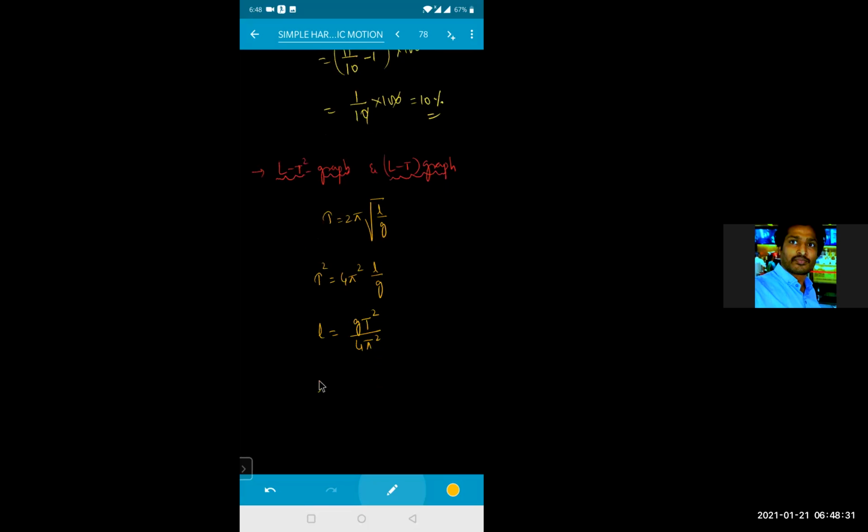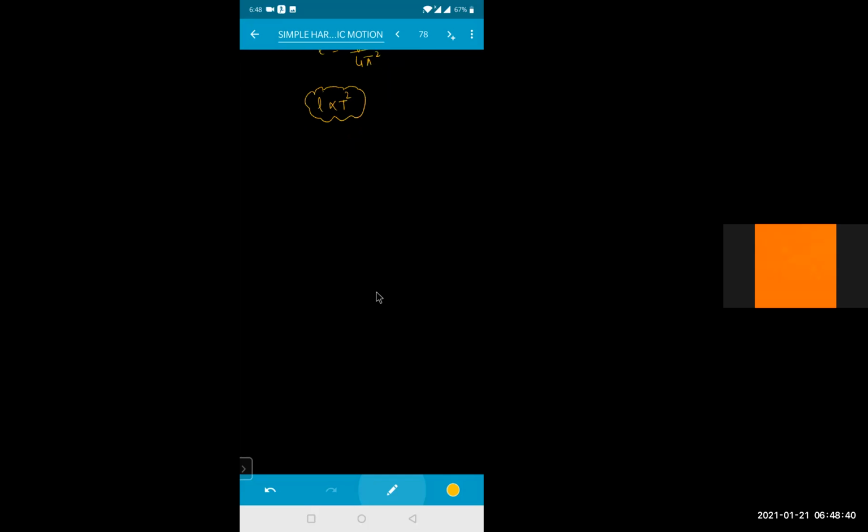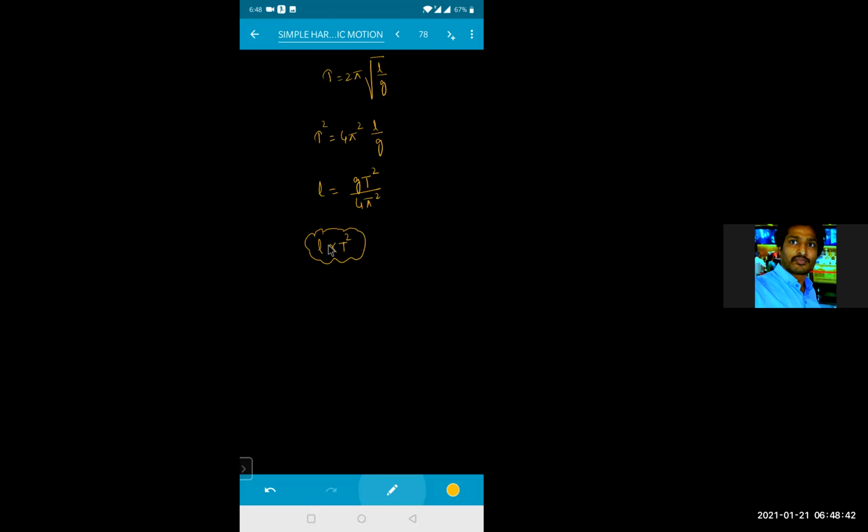So length is directly proportional to the square of the time period. Yes, sir. So if I'm drawing the graph between the square of the time period, how do you get this relation? See, this is a given relation right now. So this one is your length and this one is your T square. If I remove the proportionality constant, we get some constant k. That means the graph will be a straight line passing through the origin, like y is equal to mx. So this will be your theta. Look here. This one is something like y is equal to m into x.